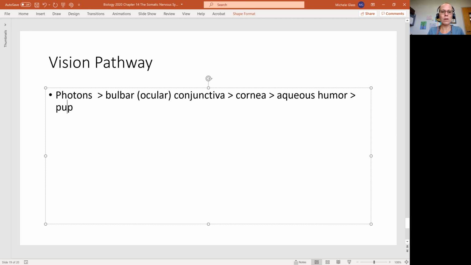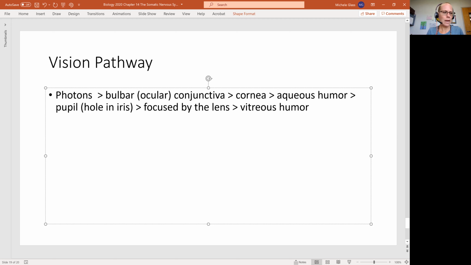And then the light will enter the pupil, which I'm going to make a note here is the hole in the iris. And then the light is going to be focused by the lens. And we're going to see that the light is going to penetrate through that vitreous